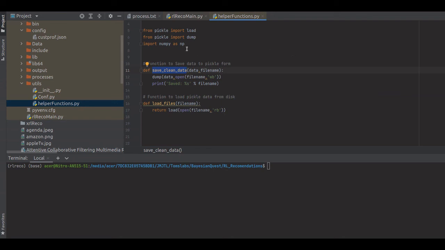So that's all what this helper function does. These will be used in specific areas in our code. So you can create a new file called helperfunctions.py and then import these packages, and then create these two functions there.